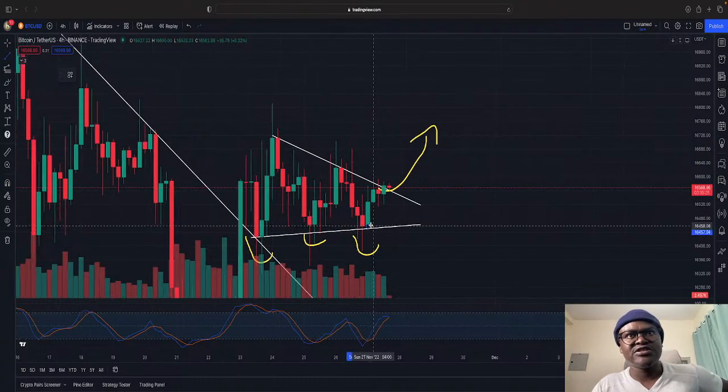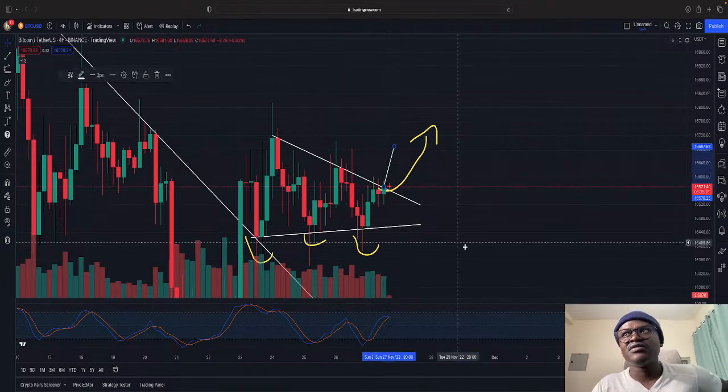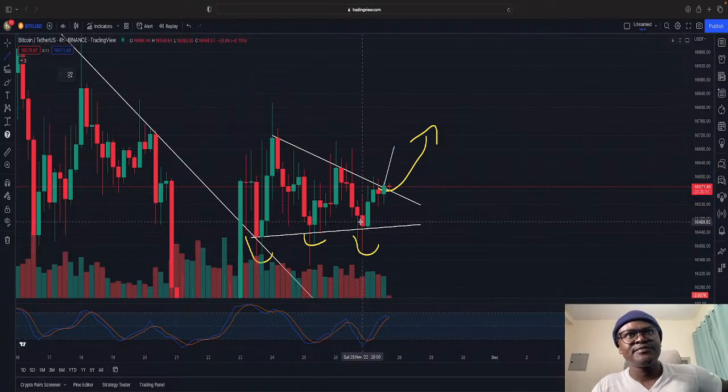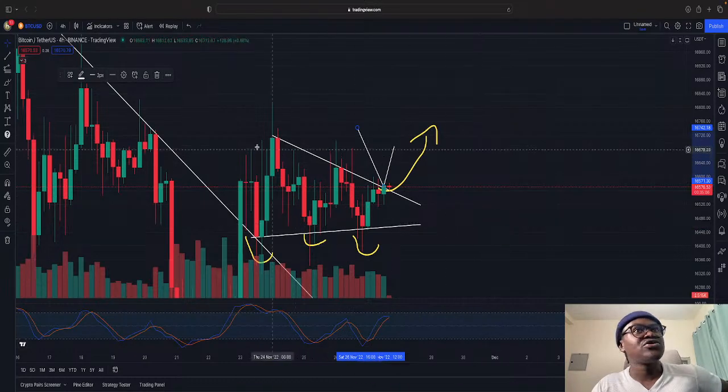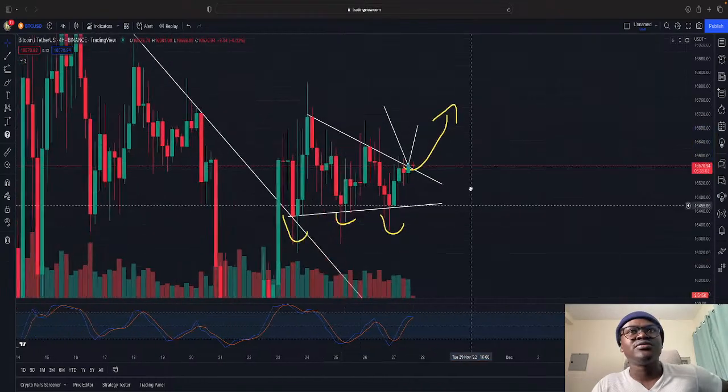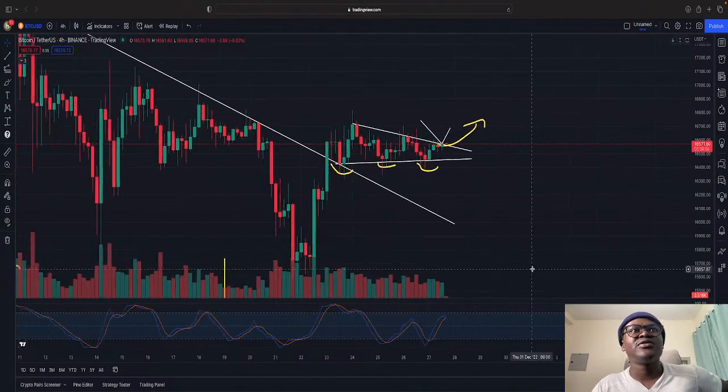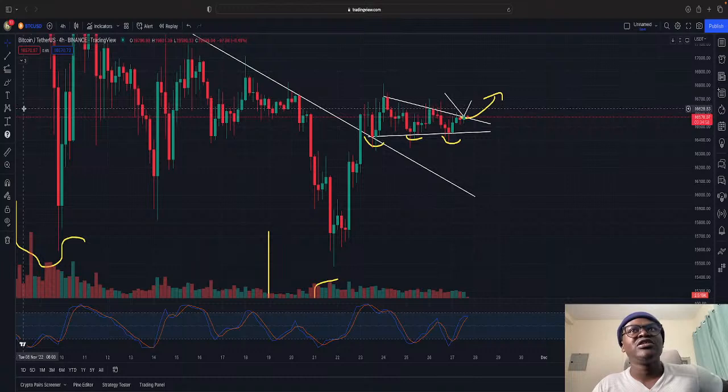It will go up to this first target. You could take the first target like this, which will be 1668. Second target, which will be 16742. Yeah, 16742. And if it is to go for the target of the bull pennant,